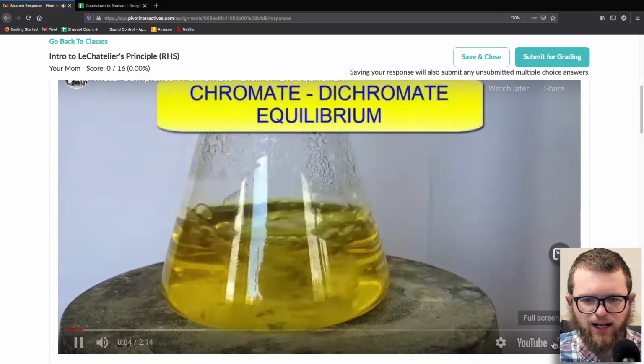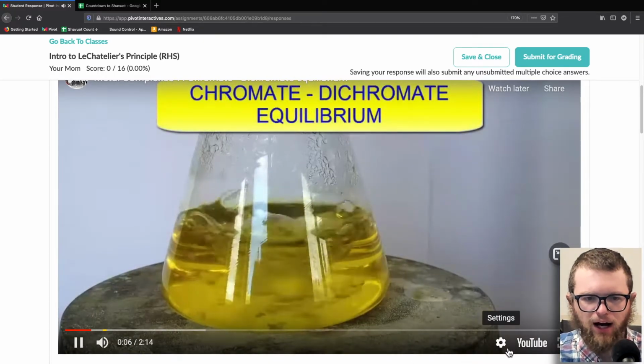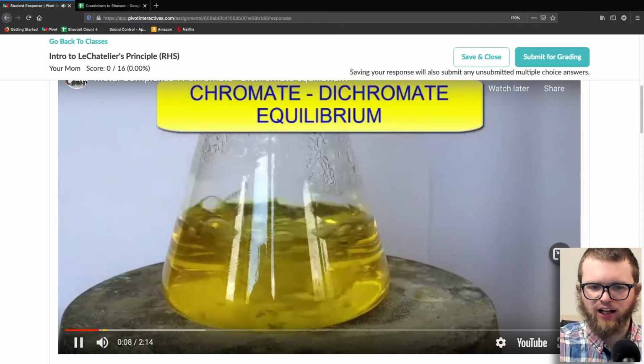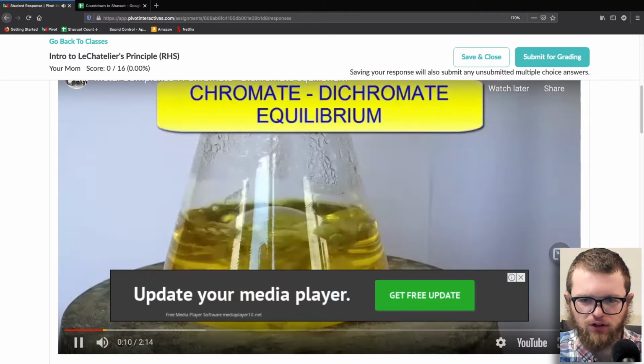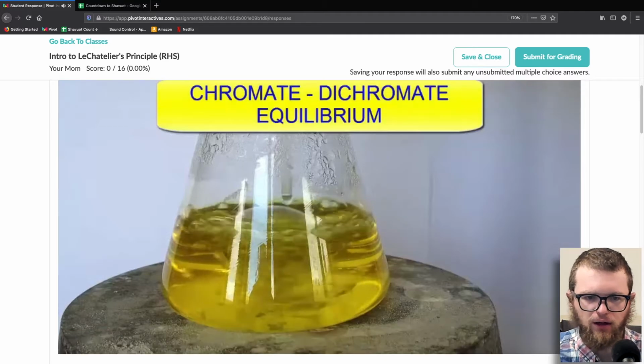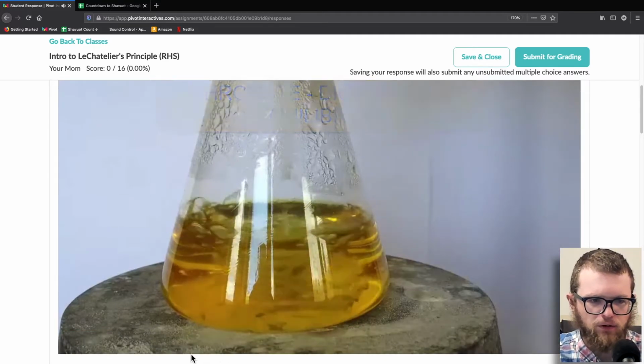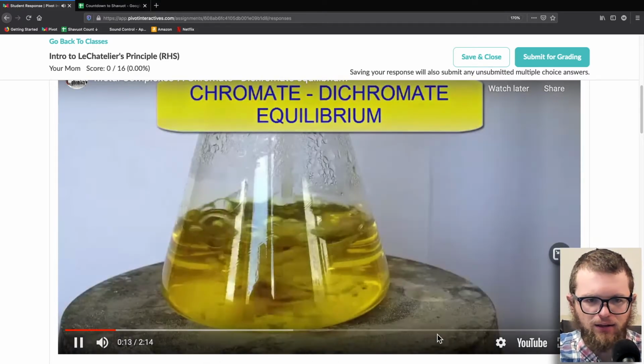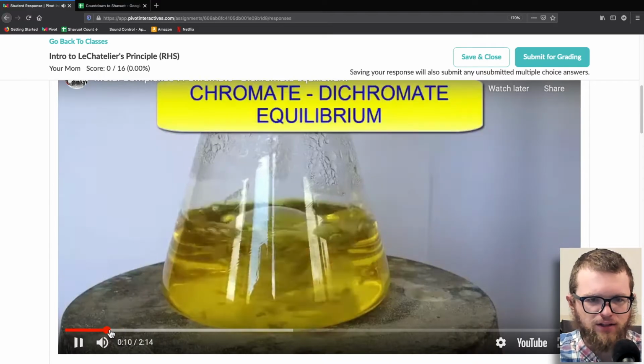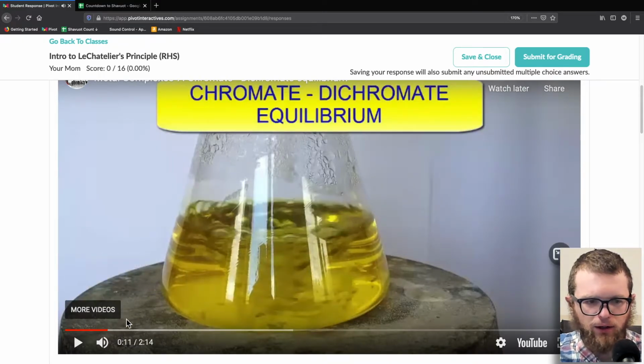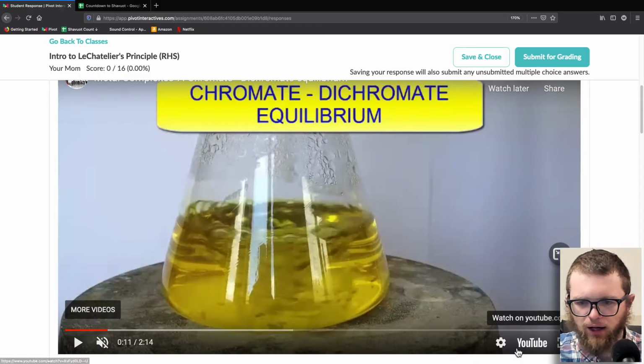The reaction isn't actually spinning here. There is a little magnetic stirrer in there that's helping stir it so that we can get it mixed more thoroughly. And what we can see, and it's kind of hard to see because it's a white thing on a white background, but if we